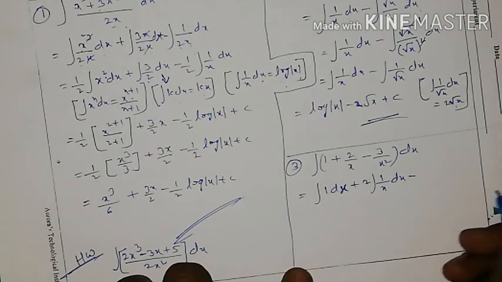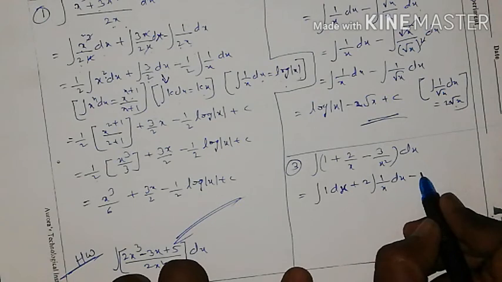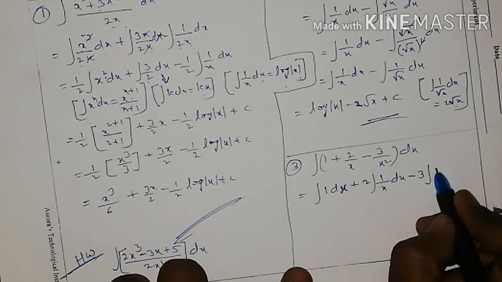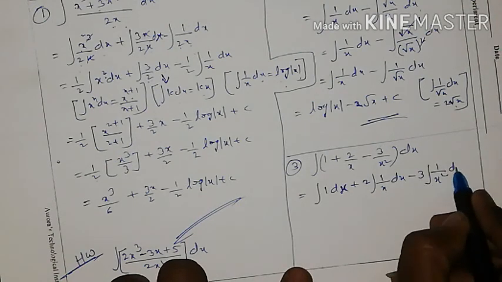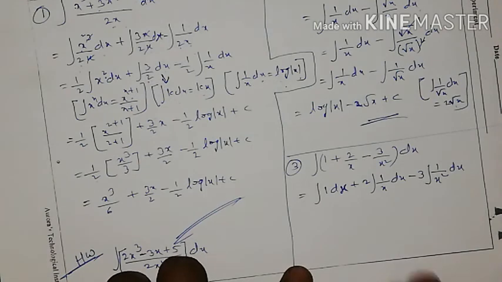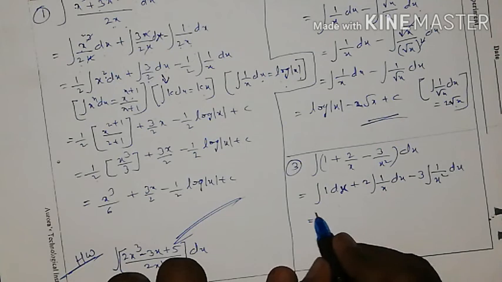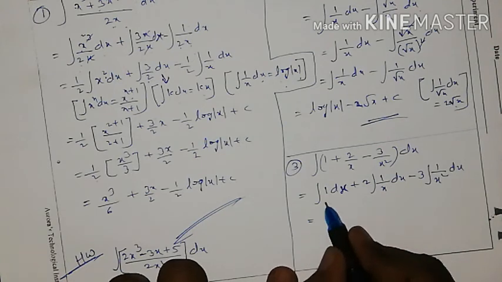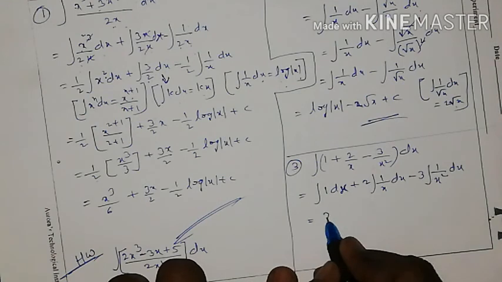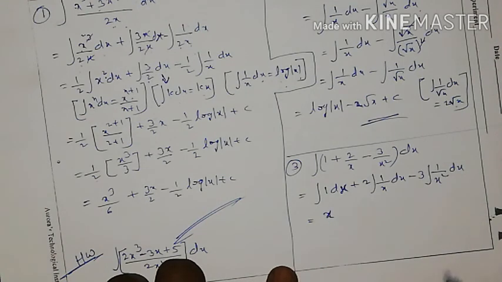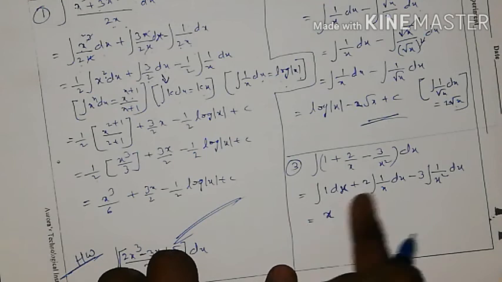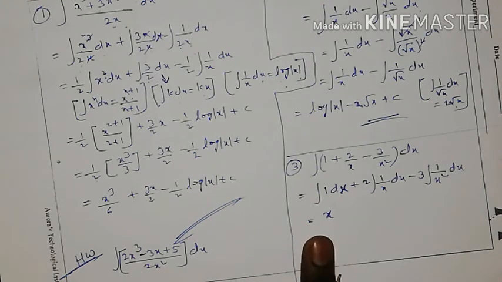Next, here what is the coefficient? Good, 3, minus 3. Which coefficient is it? 1 by x square. Clear. Now they are in formula form again. Integration of 1 dx: 1 dx becomes 1x, 2 dx becomes 2x, 3 dx becomes 3x. So integration of 1 dx becomes 1x, and 1x is nothing but x only.